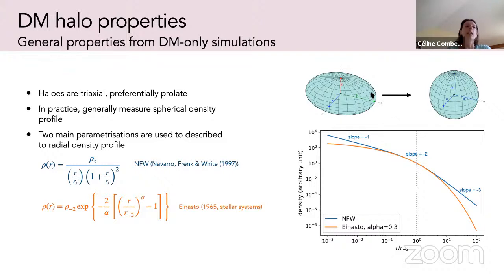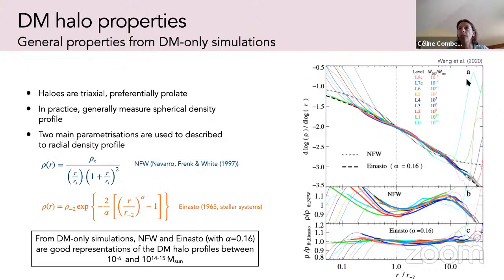Now looking at numerical simulations, and this is recent work from Wang et al., what they found is that the NFW or the Einasto profile with this value for the slope are very good representations of the density profile in halos over a very wide range of masses. They are using a technique of zooming simulations, and they have a level 0, which corresponds to galaxy cluster scale. You see here 10 to the 14 in light blue. And they are able to resolve halos all the way to 10 to the minus 6 solar masses. And here they're plotting the best fit,